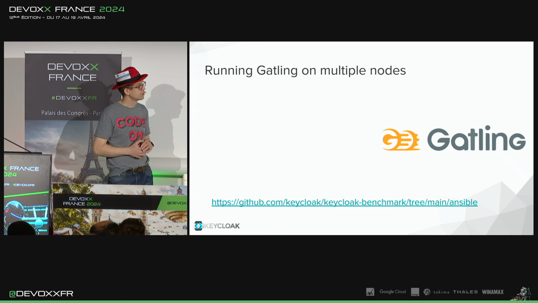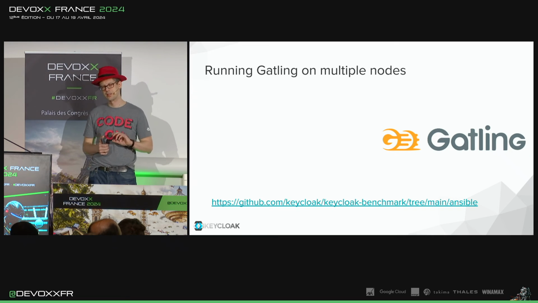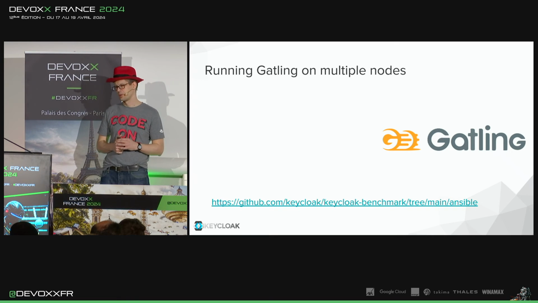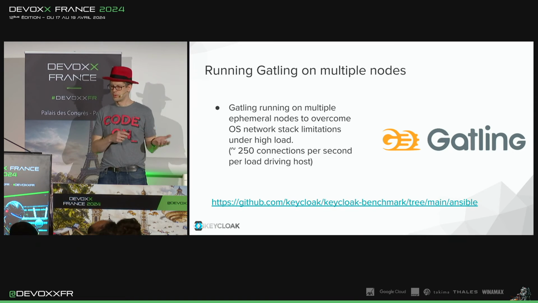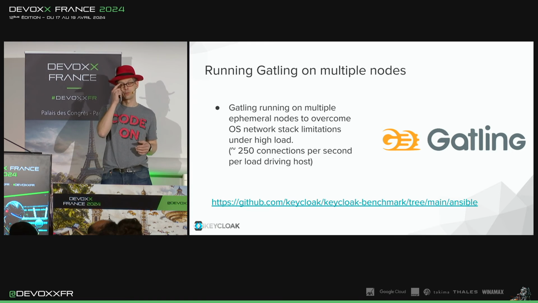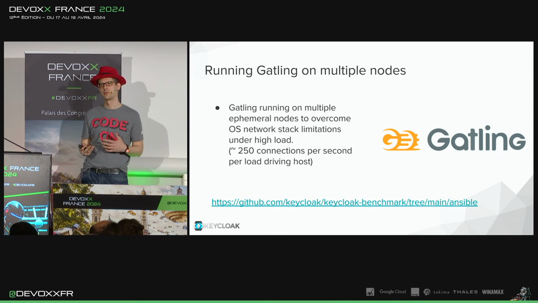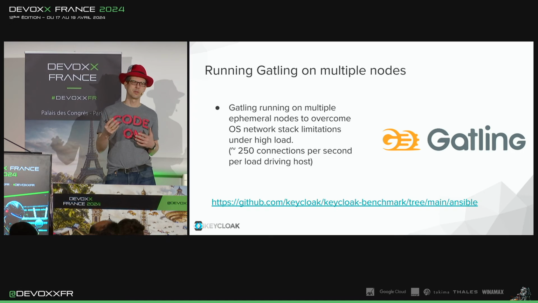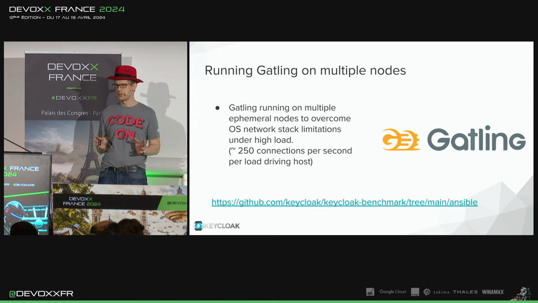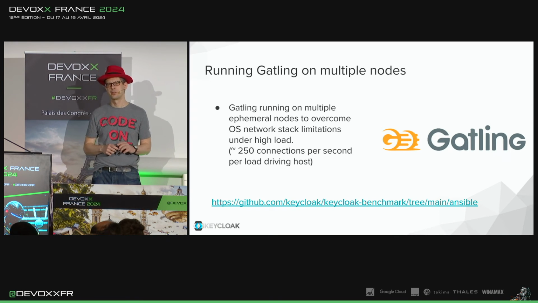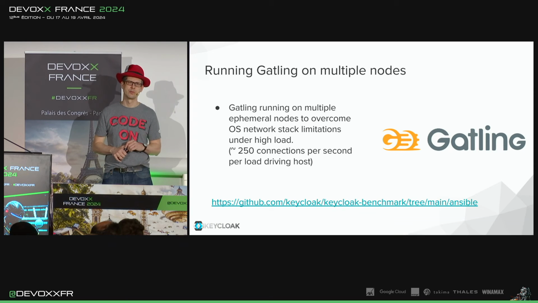Gatling was our tool to drive the load. We're Java developers, and well, we can do a little bit of Scala, so we picked Gatling as a tool here for load drivers. Running it on a local development machine is usually fine, and if you run it against localhost, everything is usually also fine. Once you start running it over a network to your load testing targets, you will find out that, I don't know, maybe at 250 connections per second, running it against a single target, maybe at 300 or 500, you will find that you're congesting the network stack of your machine, and you need to scale horizontally with multiple nodes.